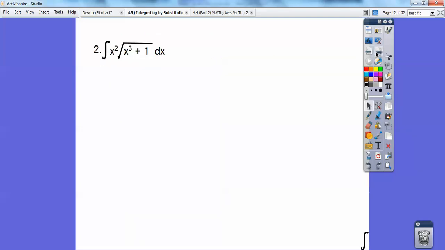All right, let's try another one, you guys. Typically, u is the inside stuff, so almost always u is the more complicated stuff in general. And then your du is going to be a form of the leftover stuff. And when it's not, it's another trick I'll show you guys later in the next few lessons. Okay, so u is going to be the inside stuff, so du is going to be 3x squared dx, and